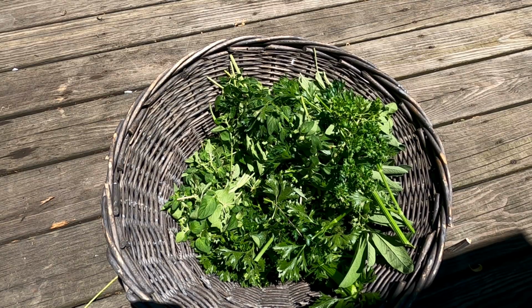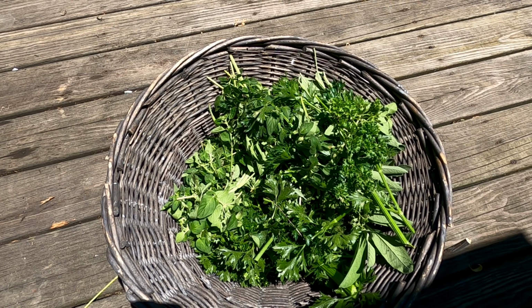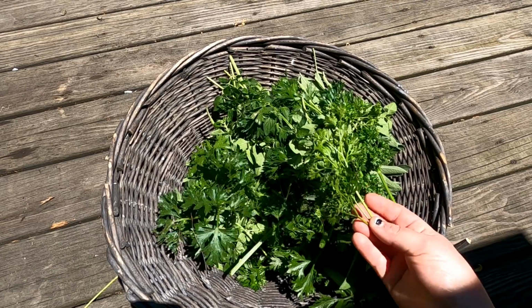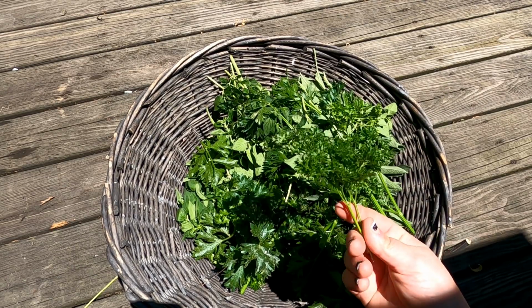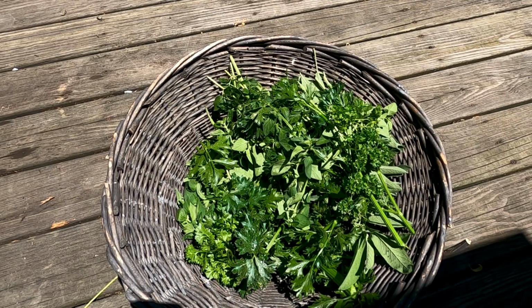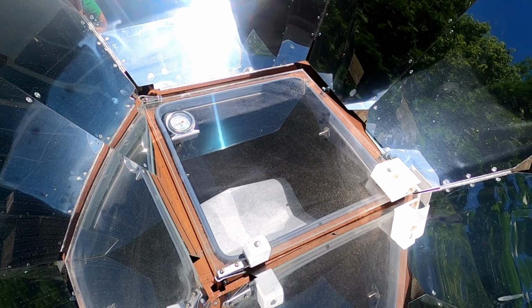And then when everything is dehydrated, then I go ahead and I add some dried pepper flakes and I will add some garlic. I'm going to show you with that when it's all done. But right now it's going to take me about 2 hours and I take all the leaves off the stems. So I'm going to work on that and then I'll show you when I'm done, and then I'll show you after everything's dried. And in the summertime, how I dehydrate my herbs it is electric free and it is using